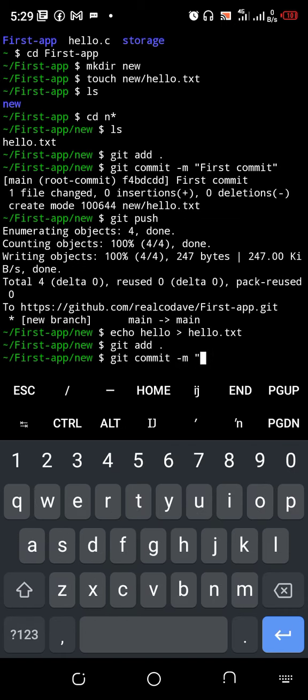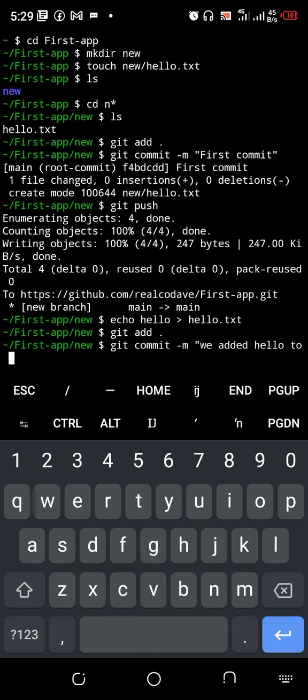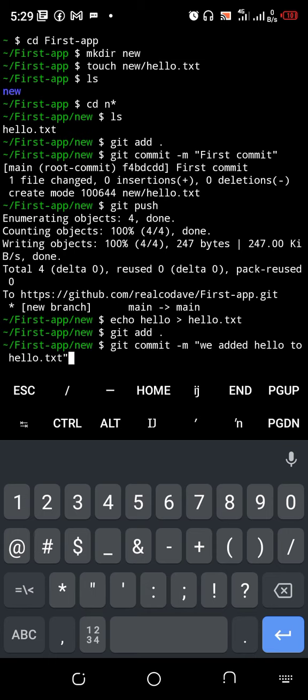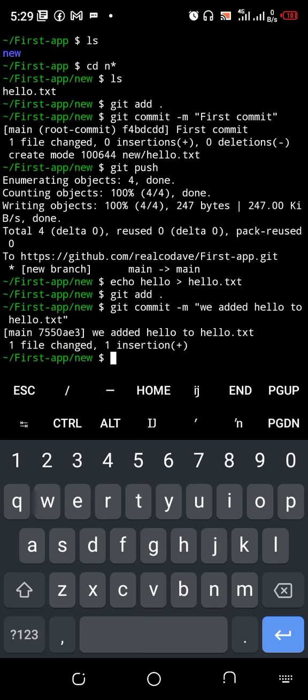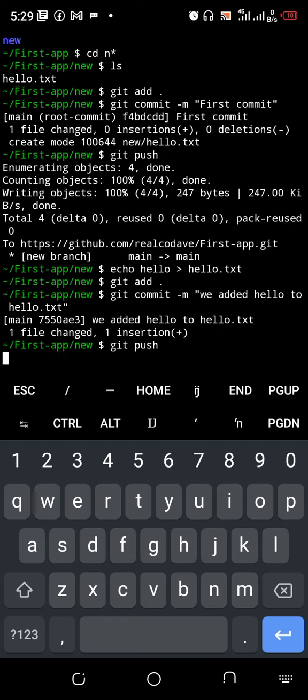We say we added hello to hello.txt. So just leave a message that we added hello to hello.txt, and then we can git push. Now it tells us that we have 1 file changed, 1 insertion. So do git push,